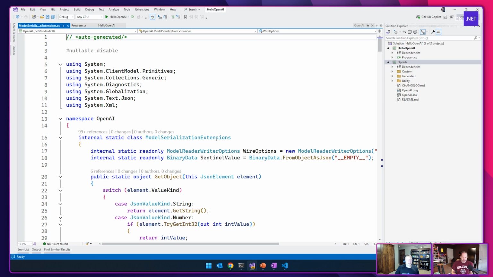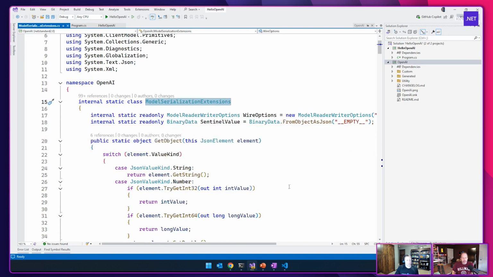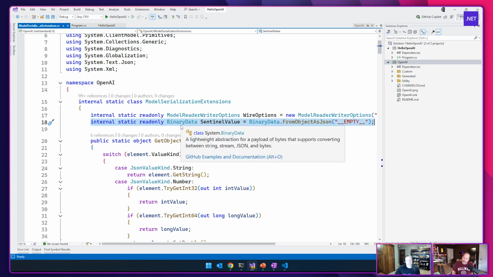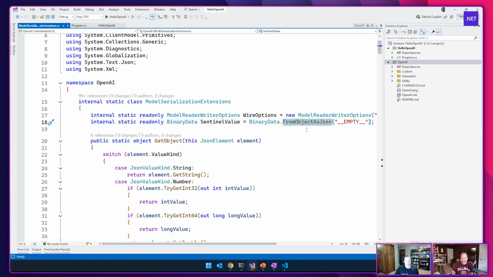That's cool. So I found the model serialization extensions class that we saw in that call stack. And we know that it's from object as JSON, from the call stack, and it's in the static constructor. And so it's this line. So this is the line. And what this is doing is it's saying there is a sentinel value, a special value called __empty__. Yeah. And I want to use that. And if you see where it's used,